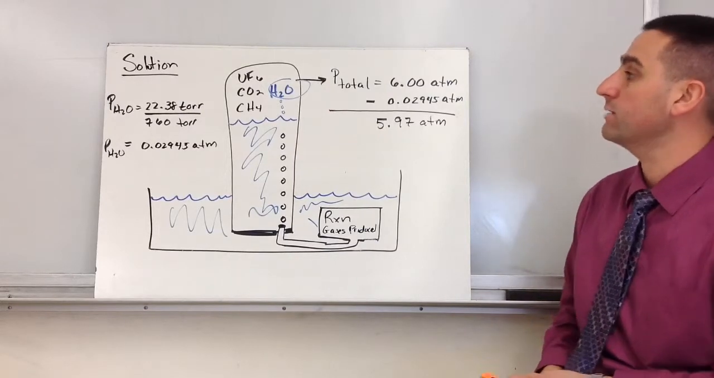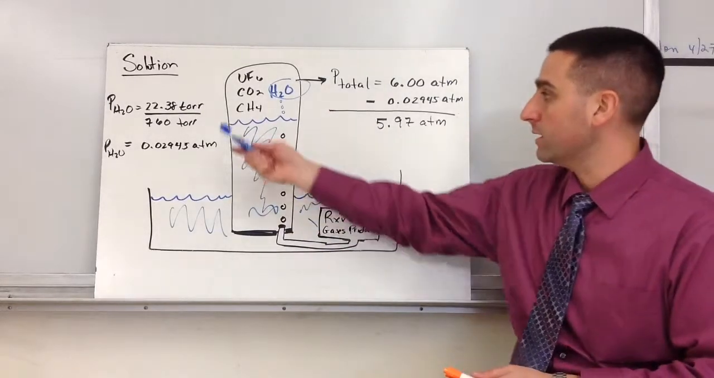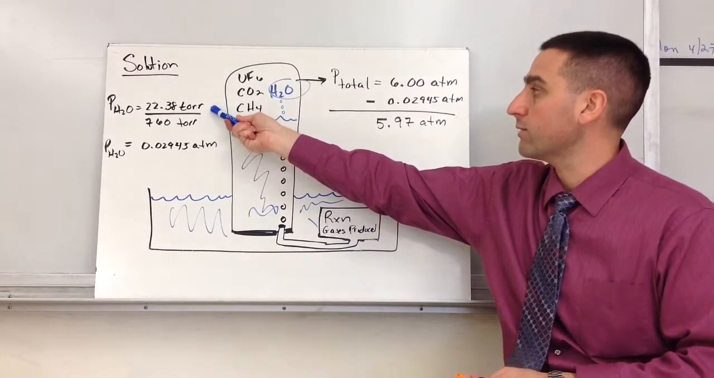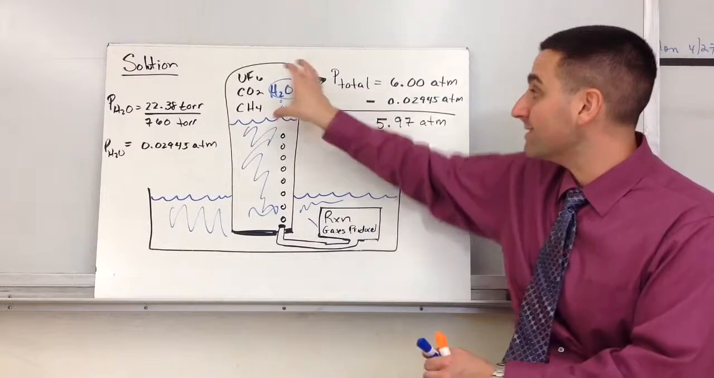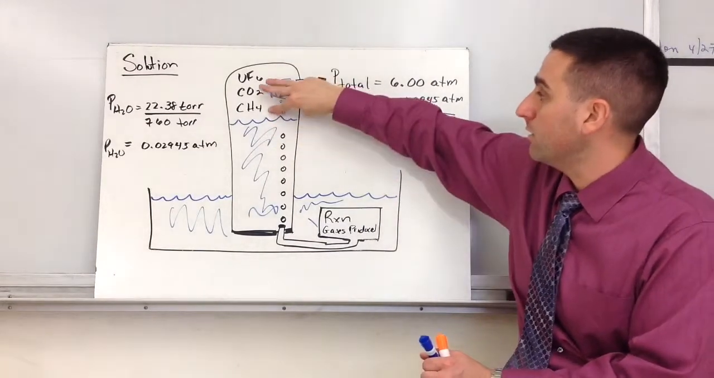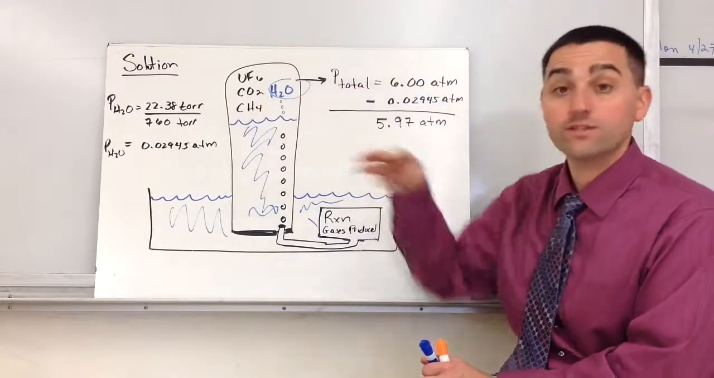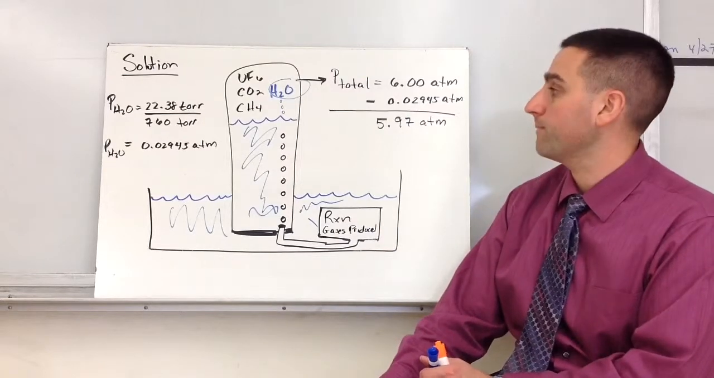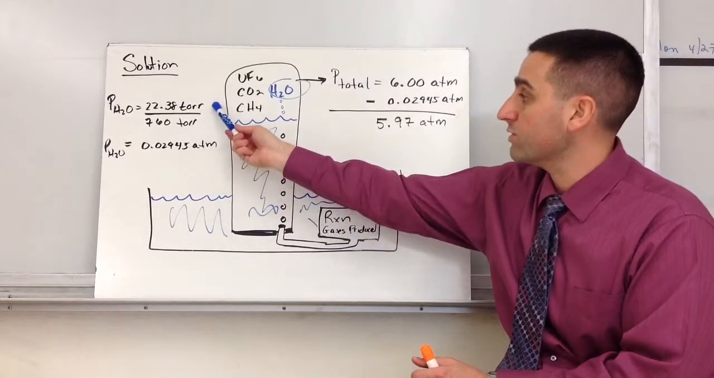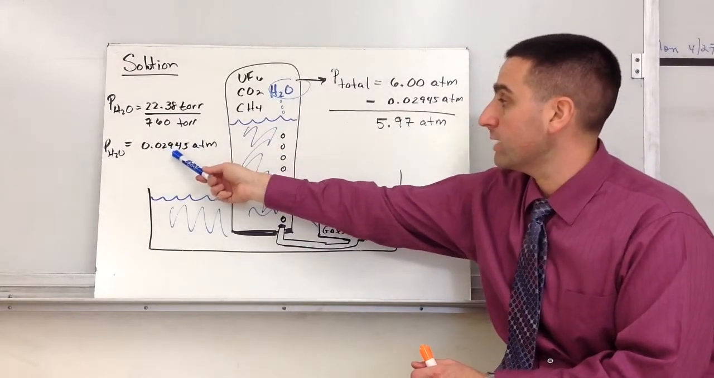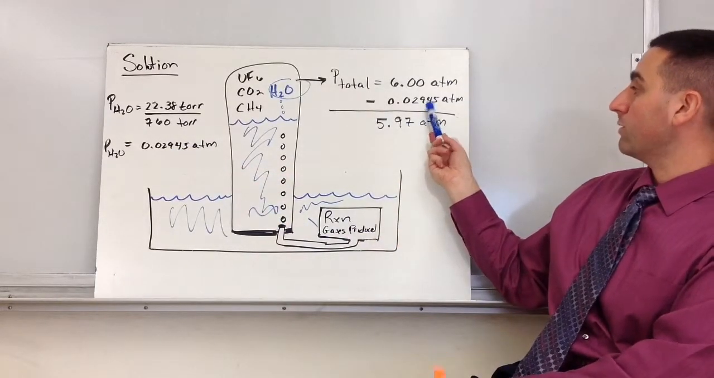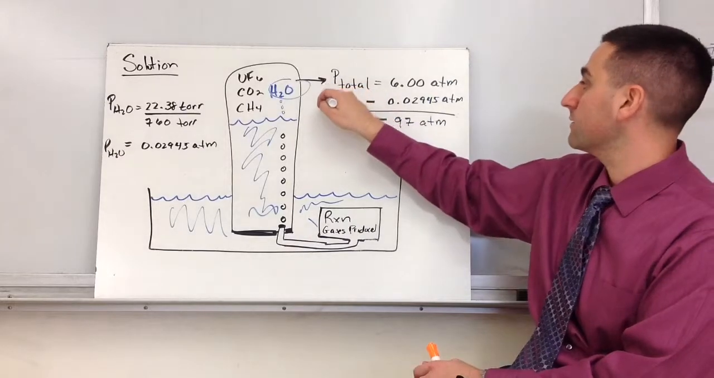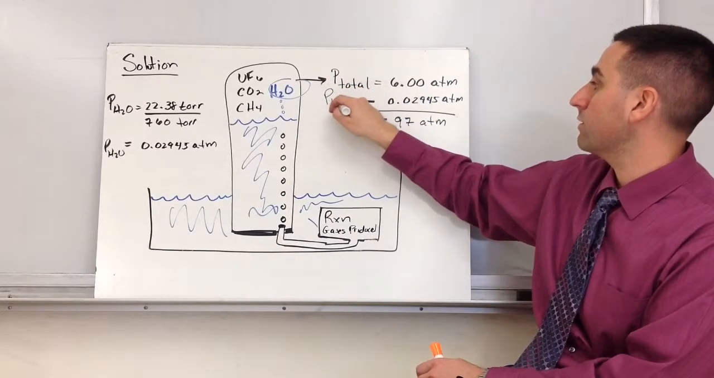Okay. So here's what I did. The problem gave me 22.38 torrs. That was the partial pressure of water vapor. I want to deduct that and find out the total pressure of these three gases that I'm trying to solve for. So the conversion factor gets me 0.02945 atms. This is the pressure of water, right? So I'm going to deduct the vapor pressure